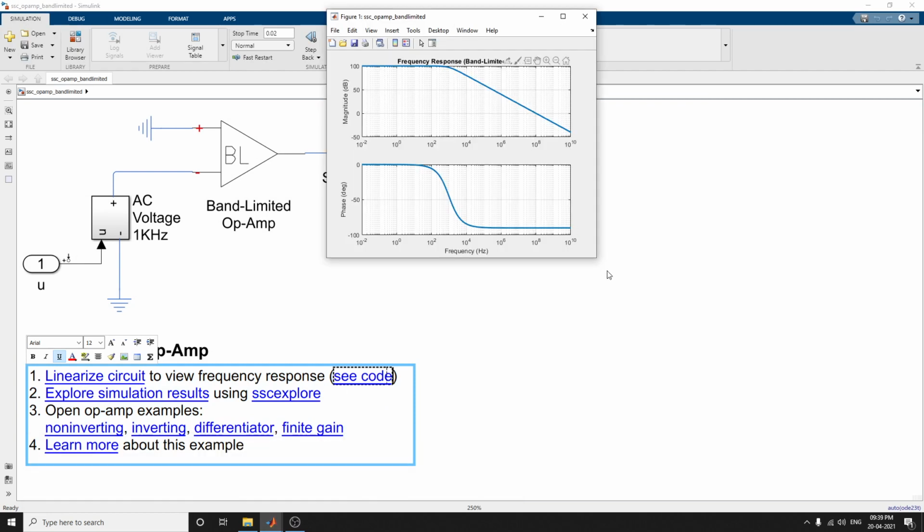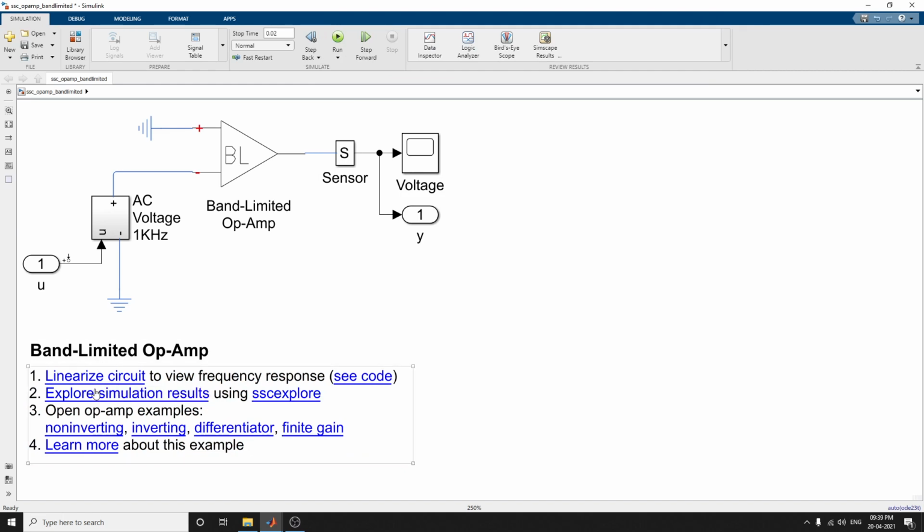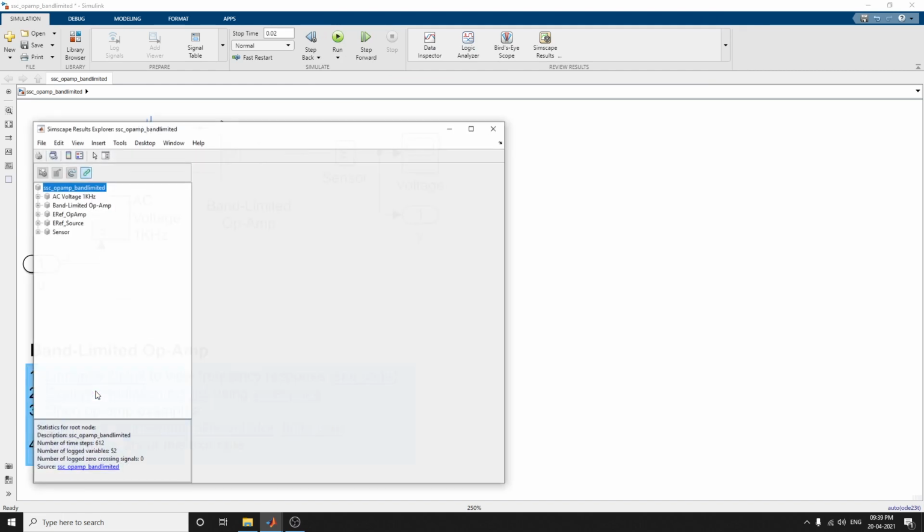Here this is the frequency response of this band limited op amp circuit. This is the phase response; phase and magnitude response is shown here. By using the Simulink SSC Explorer, you can see the simulation result of AC voltage at 1 kHz